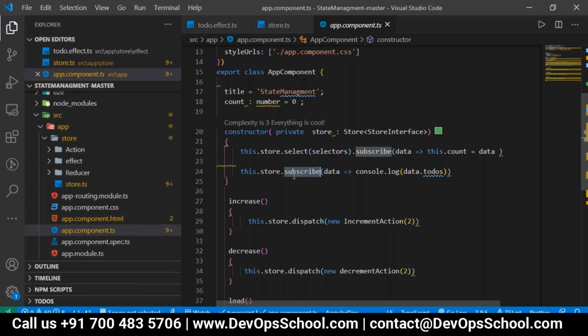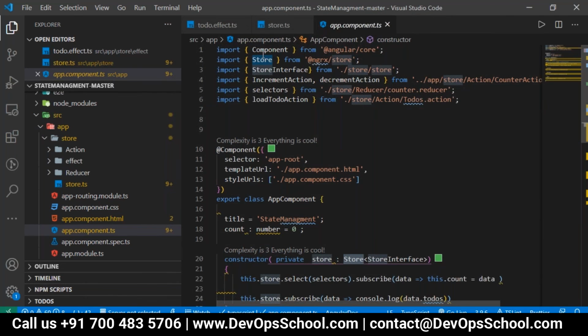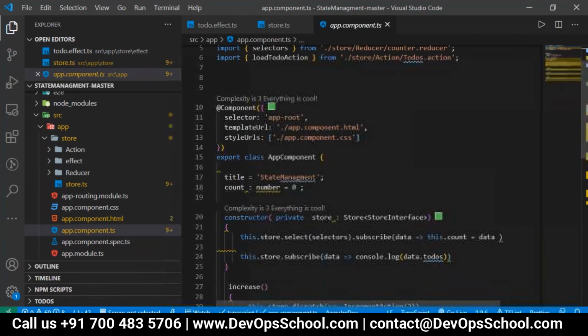Because the store is of type Store, which is predefined from ngrx store, the Angular store, which gives observable data, so we have to subscribe to it. You can see we are sending the selectors here, from the reducer package, and we are subscribing to the data.